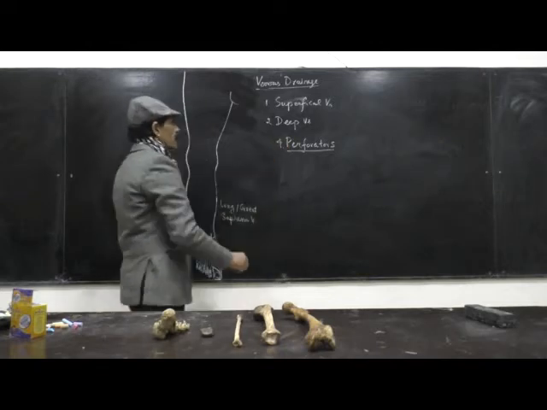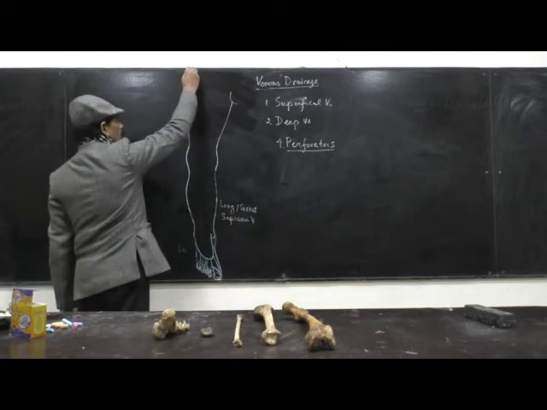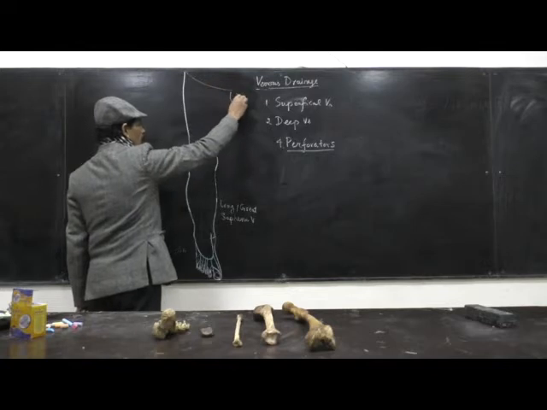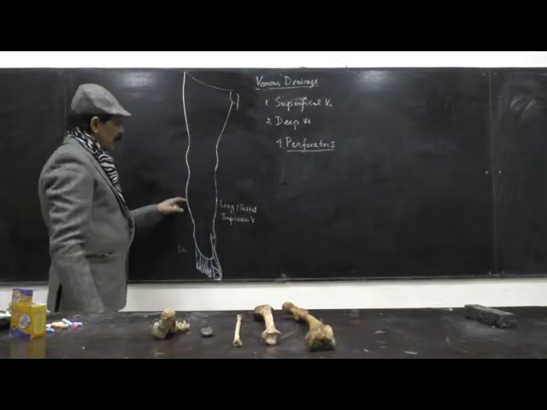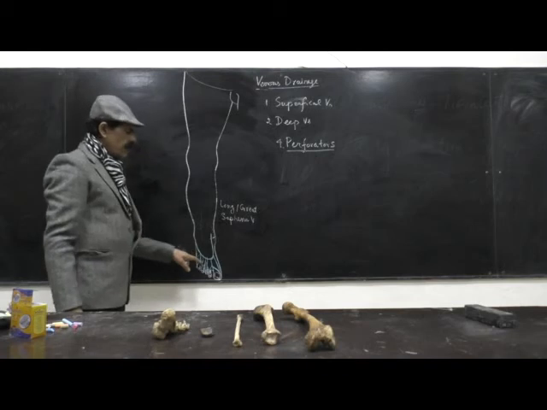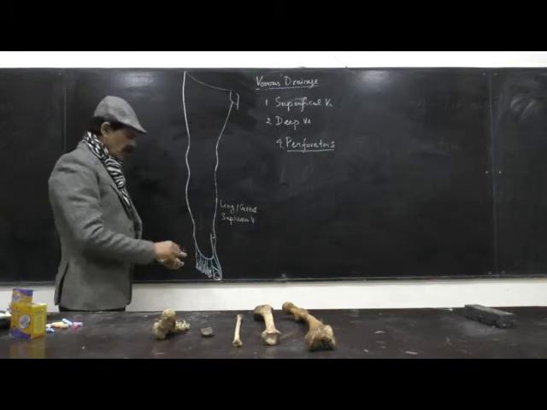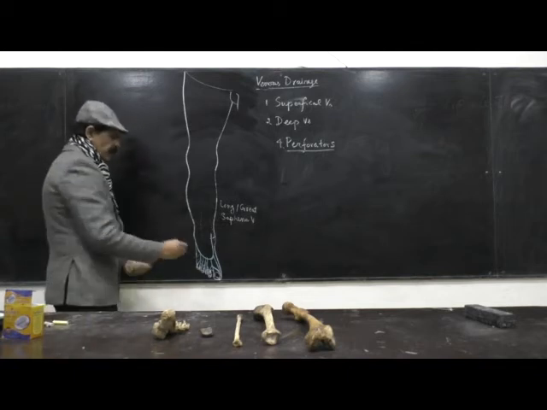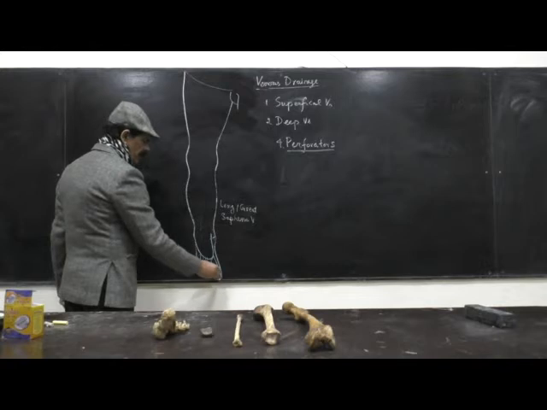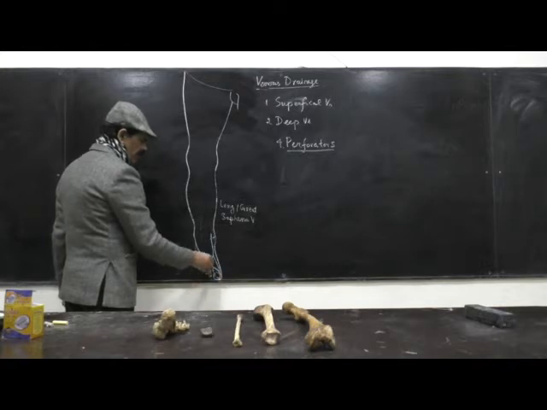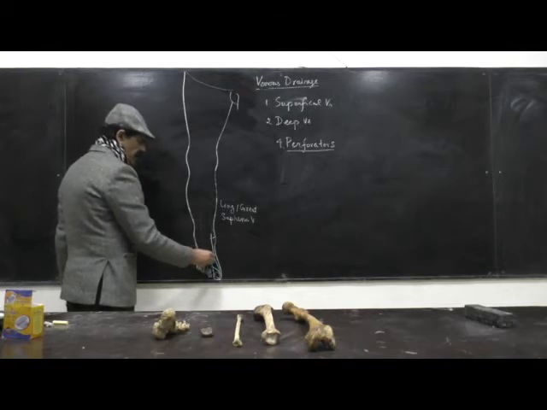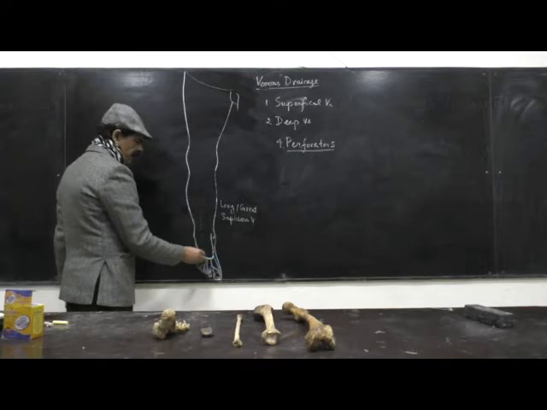Now the lower limb, as we know, starts at the abdomen and ends at the inguinal crease of the human body. The venous drainage starts from the dorsum of the foot. Small veins starting from the digits are called the digital veins. They all unite to form the metatarsal veins, and all the metatarsal veins unite to form a dorsal venous arc, which has a medial end and a lateral end.